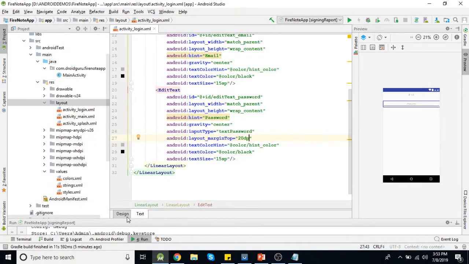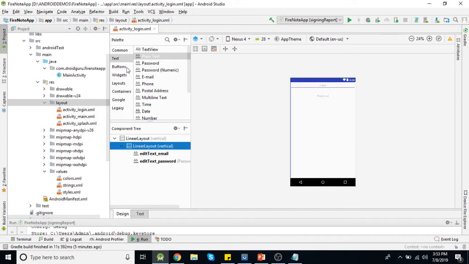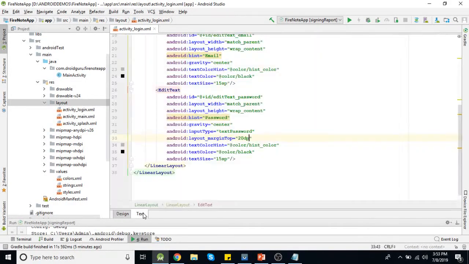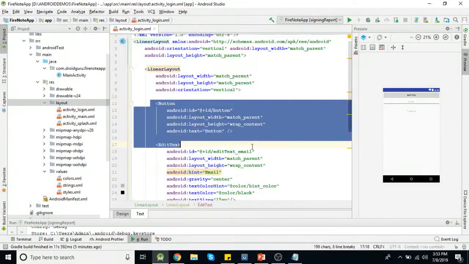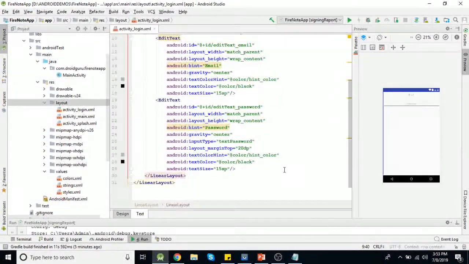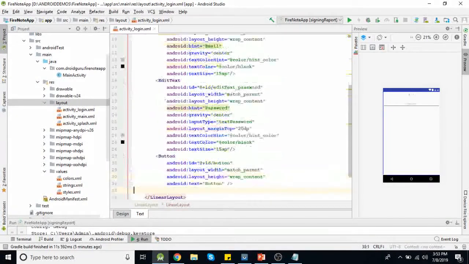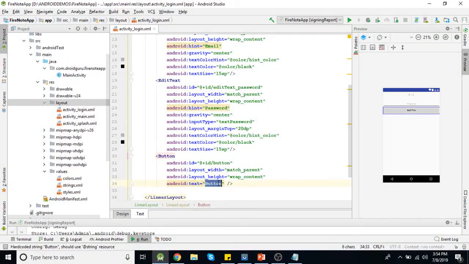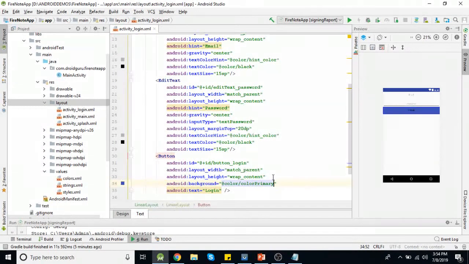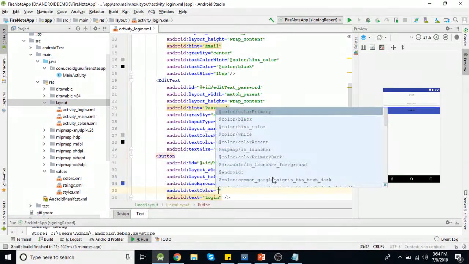Then we'll add one button here for login. Let's keep it below this edit text. Its name will be login, then id button_login. Background we'll give color primary, and text color, let's say white.